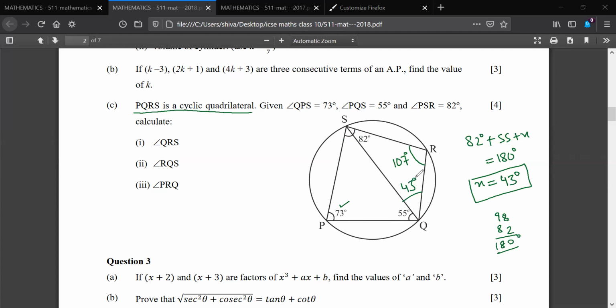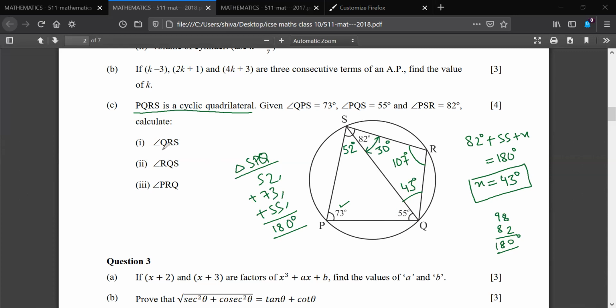Okay. Now this is 43 degree. This is 107 degree. So this angle would be 180 minus 50. This would be 30 degree. And this angle would be 52 degree. Any doubt till here? No, sir. And if I want to check if I am on the right track or not, then if I take triangle SPQ and I find the sum of the angles, so 7, 5, 12, 17, 180. So I am on the right track.